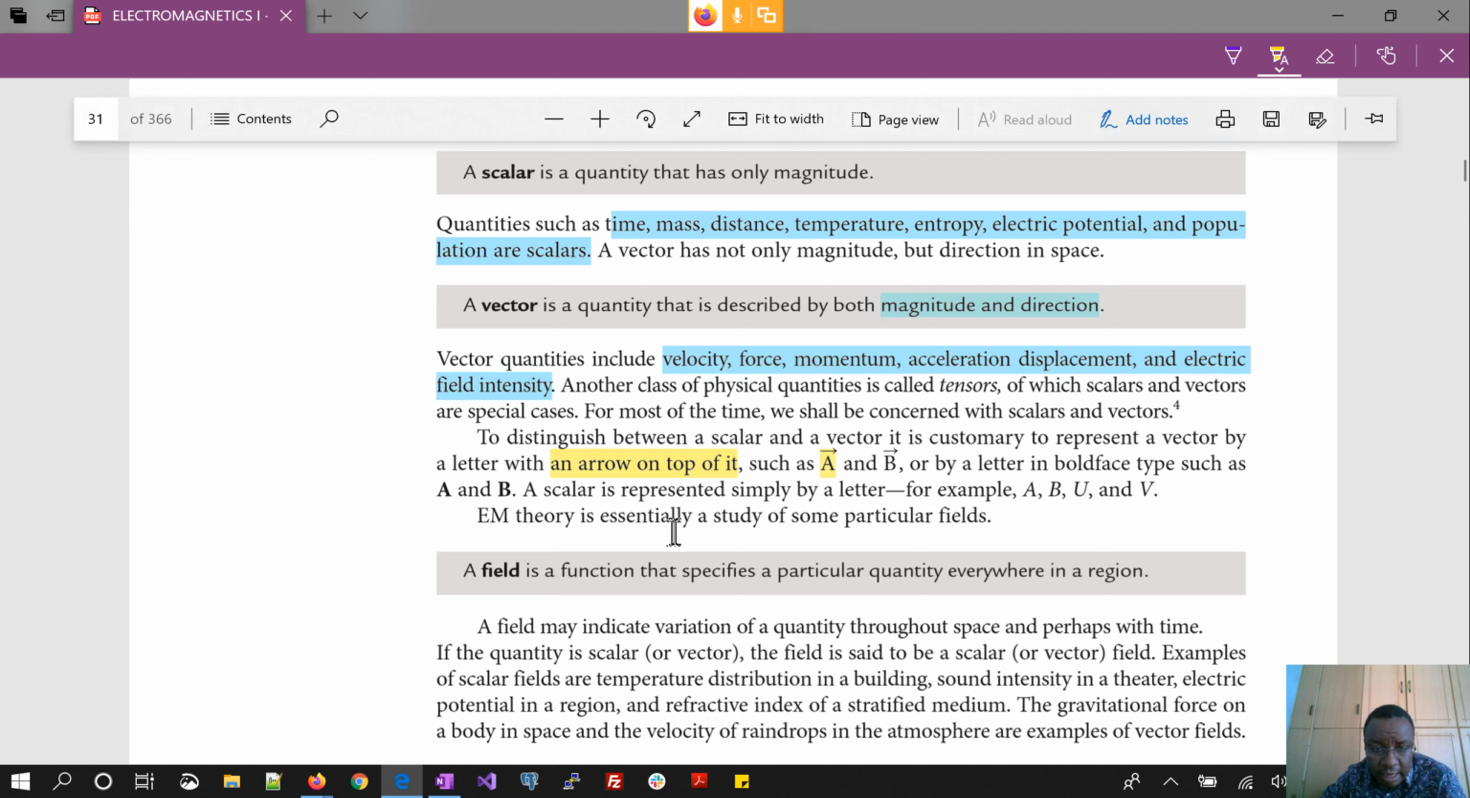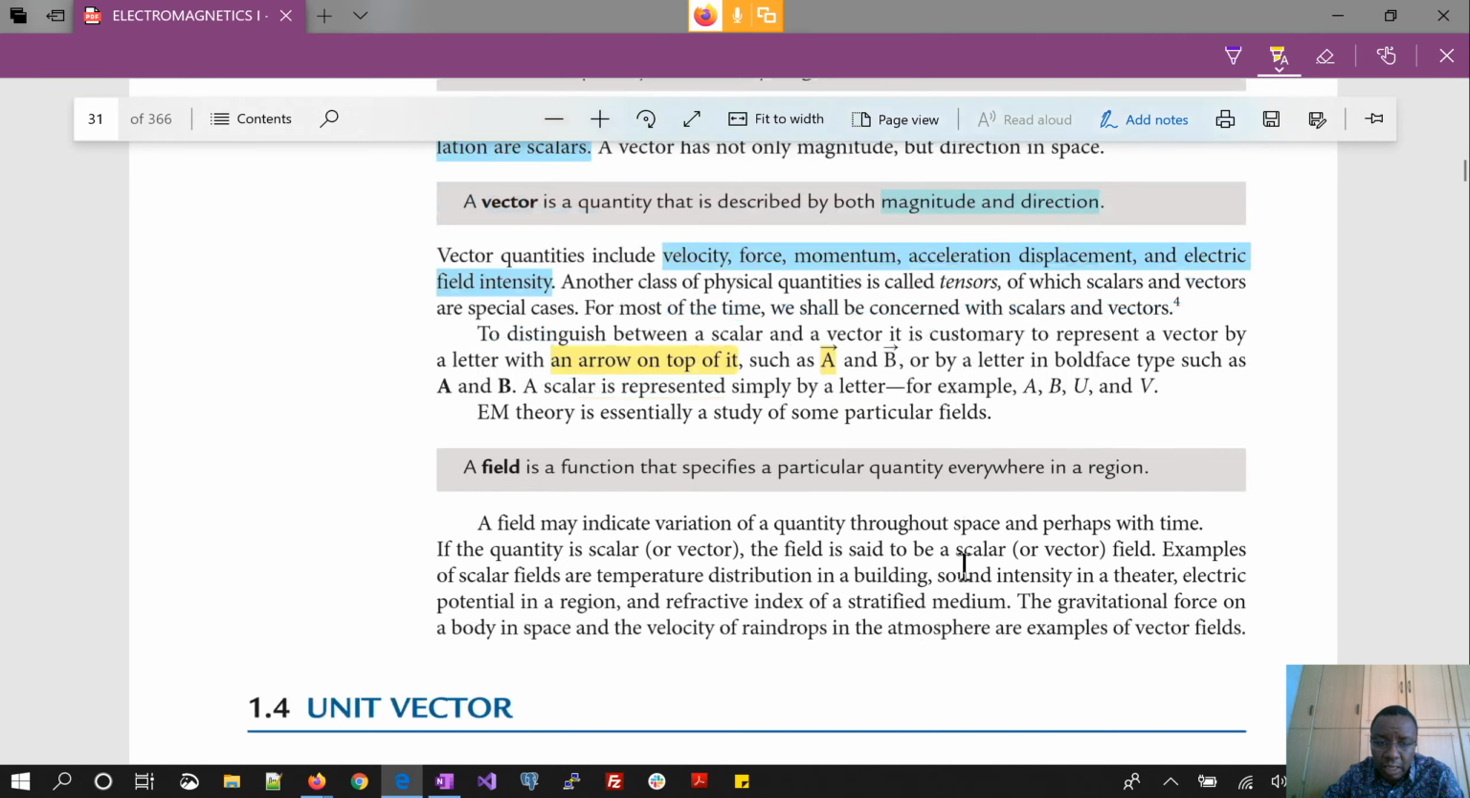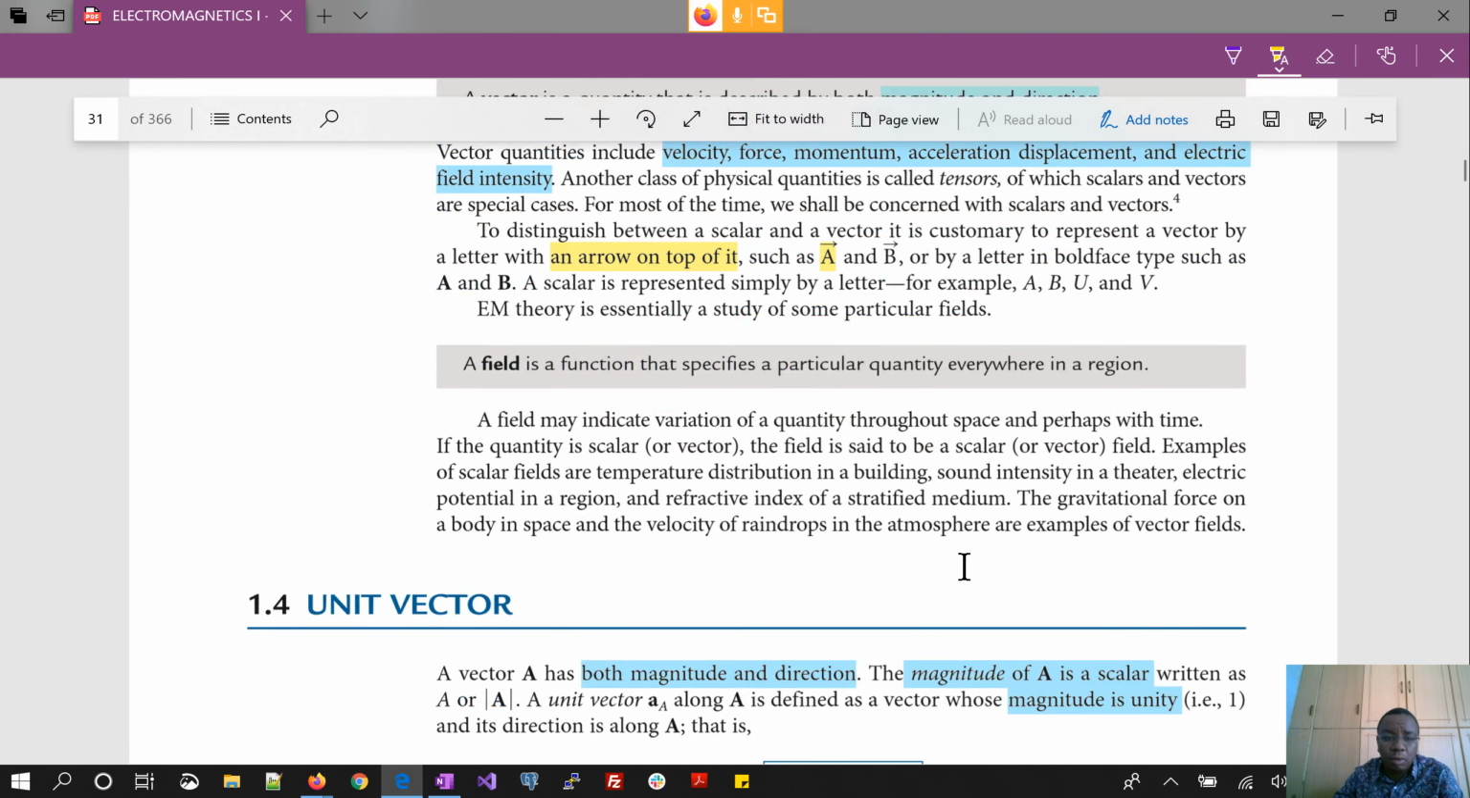Okay, having said that, then we are talking about EM theory is essentially a study of some particular fields, and a field is a function that specifies a particular quantity everywhere in a region. And I think last time we talked about a field or electric field, and